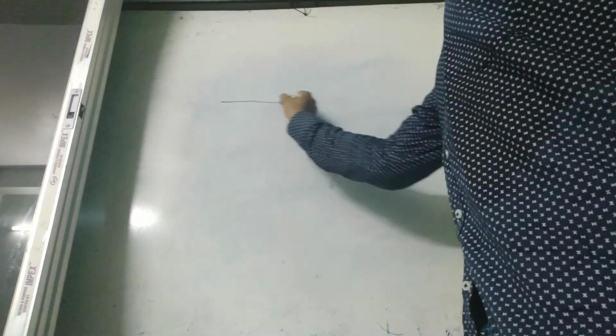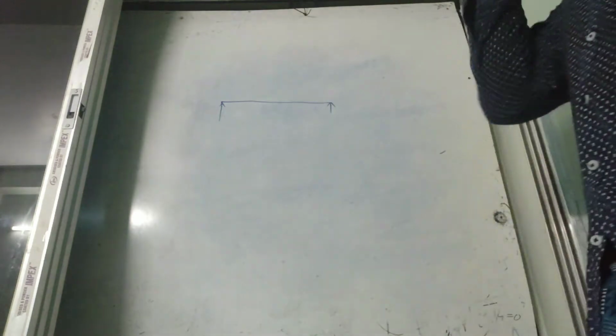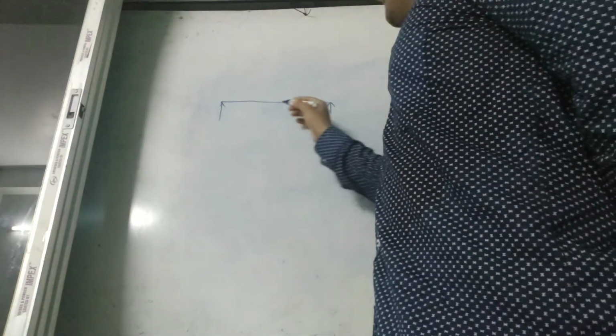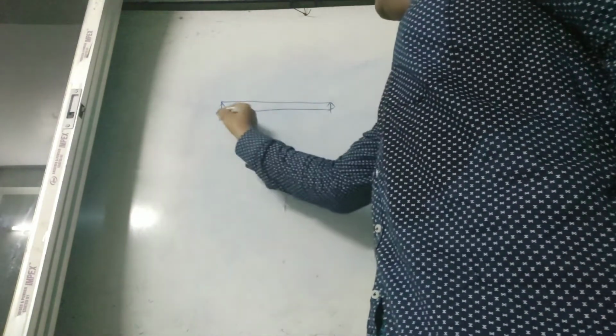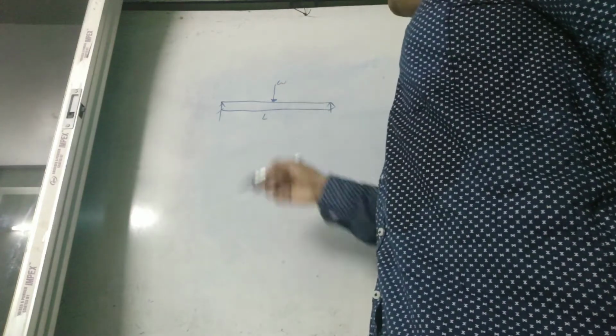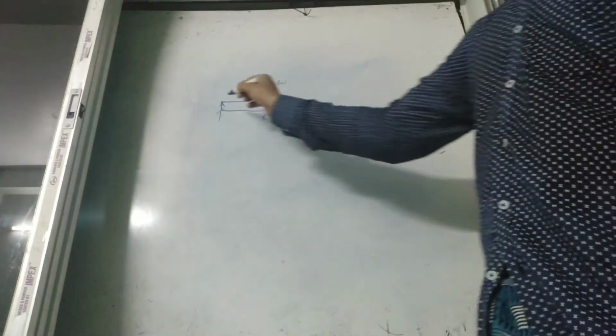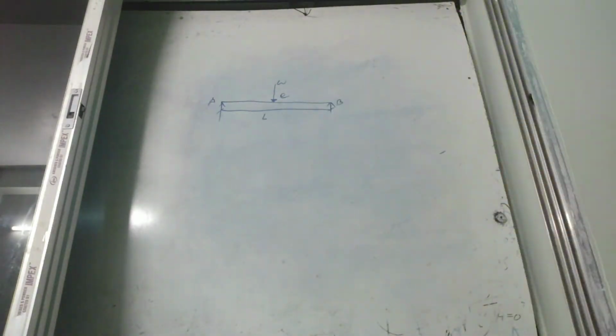Okay, in this class we will go through the shear force and bending moment diagram of a simply supported beam. A simply supported beam is a beam which is supported on two sides. Okay, I will go for the discussion. In the case of a simply supported beam, the length is given as L and the load is W, which is placed in the middle position, meaning L by 2 from both side supports. Three points A, B and C are given.